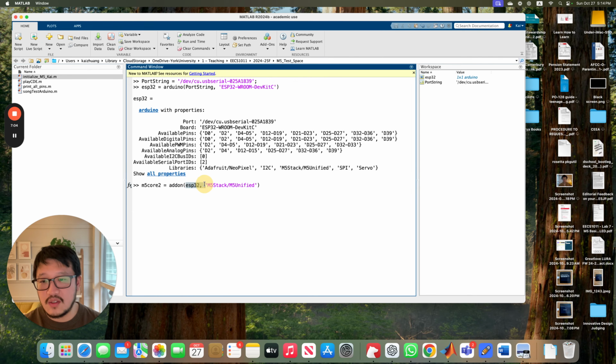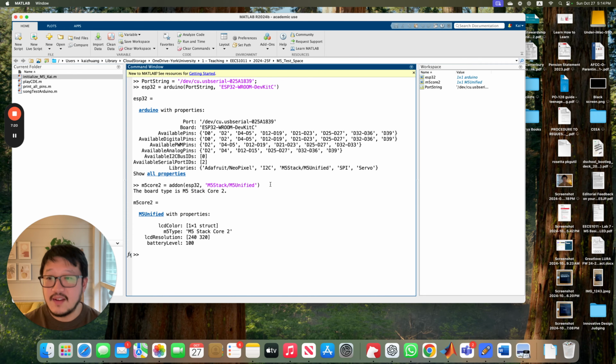We're going to say this particular add-on is connected to the ESP32 chip, so it's going through the connection we've already made, right? And this particular add-on uses the M5 Unified Library. With that, it's going to make the connection, and now you have access to all the functionalities in the